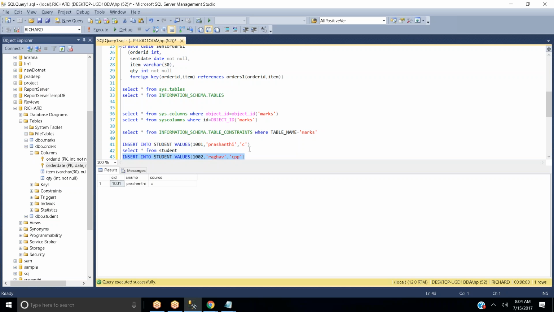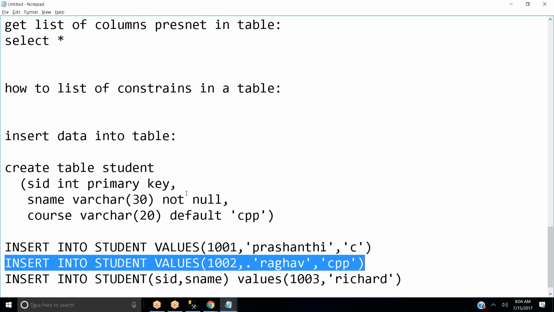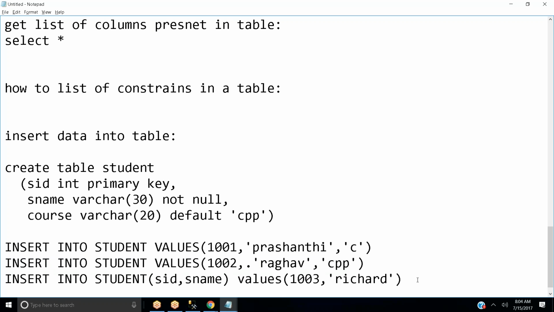Okay, and we'll try to see how it got executed. Now this has been inserted, right? C, CPP. And for Richard, you need to observe one thing. You are not inserting any value for your course column, and for course you have defined a default of CPP. Now if you are not specifying any value for course, by default CPP will come.